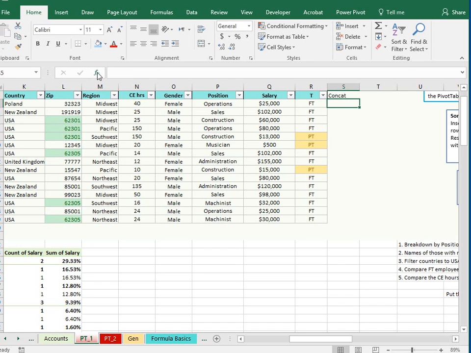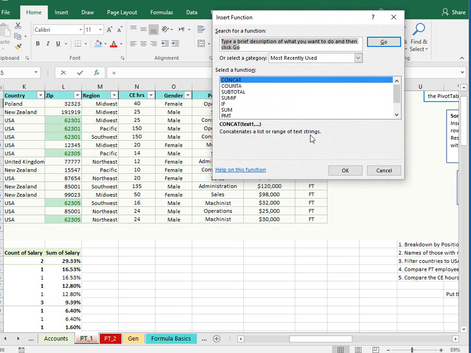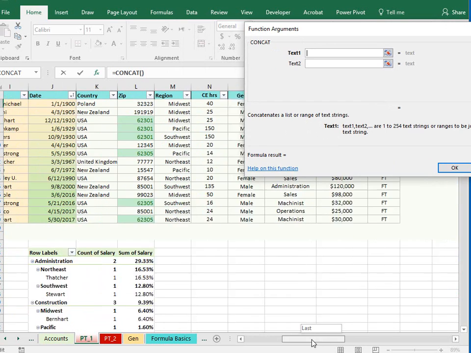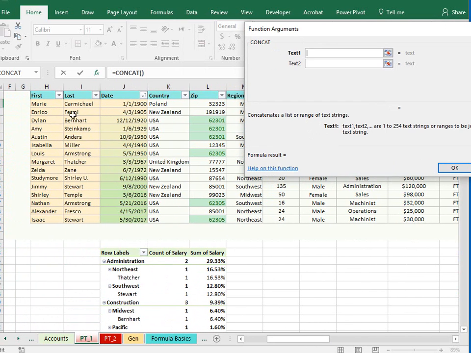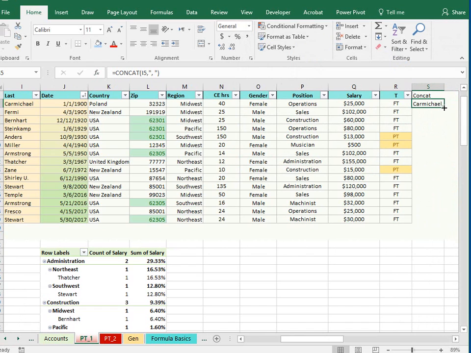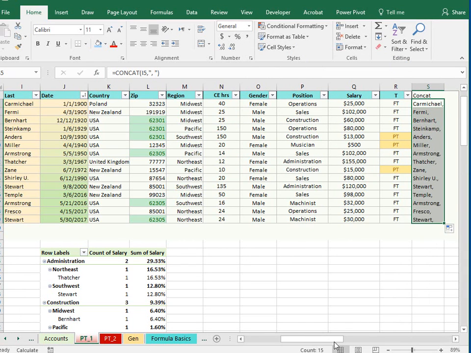Concat. We'll go to formulas. Concat is right there. The first value is, we'll do last name first. The second value is we're going to have to put a comma and a space because we want a comma and a space between the last name and the first, and then we'll have this one right here, first name. We'll click OK, and we will drag down,